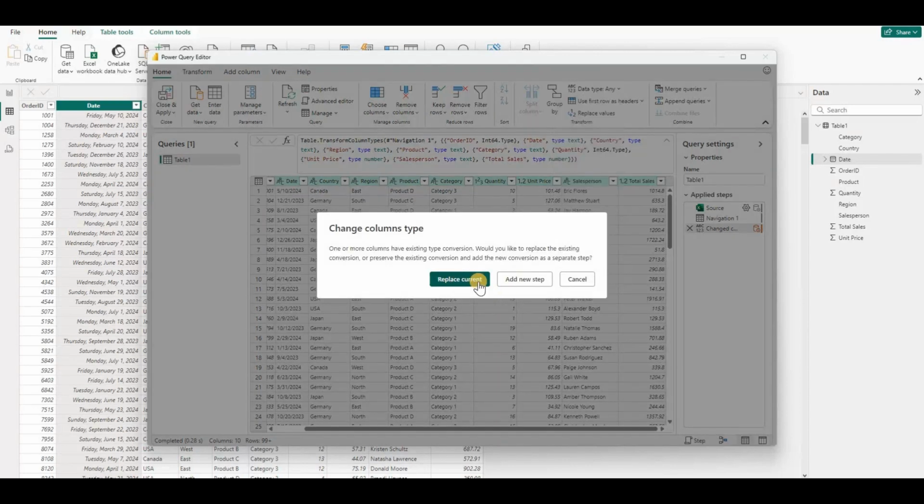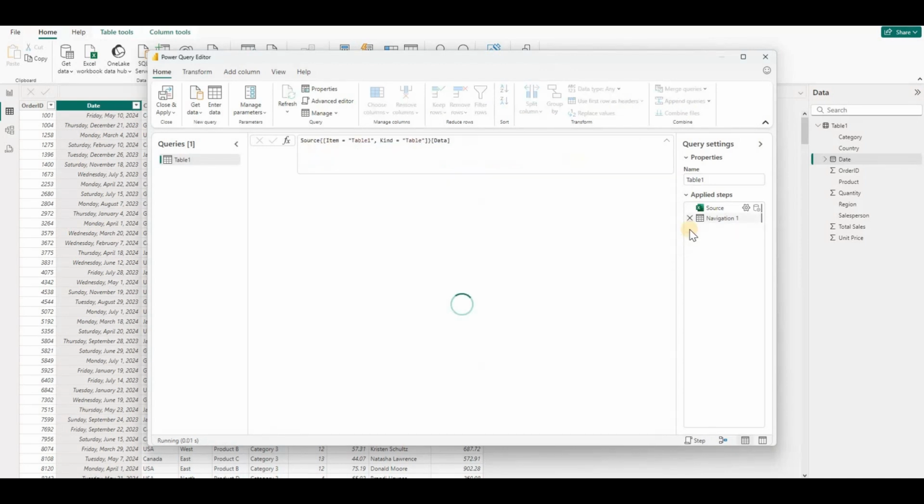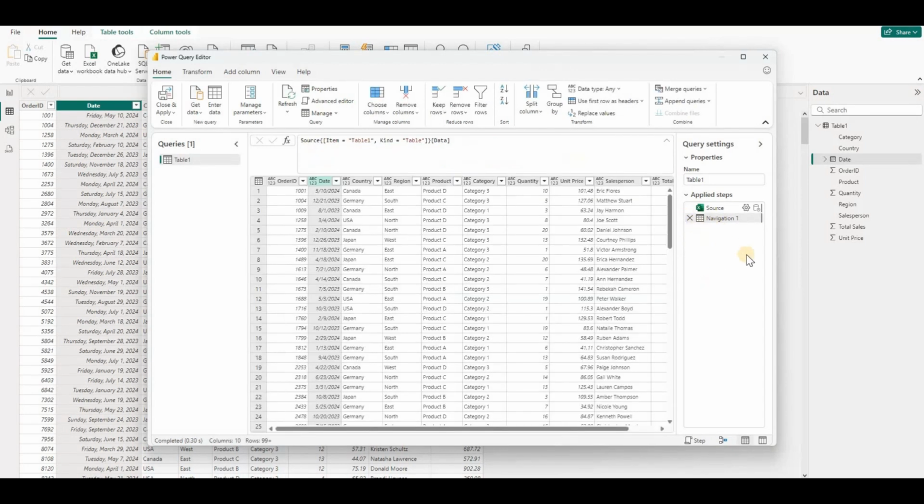So you can replace the current view. I'll say replace. The moment I replace it, the date type has been changed to text. Now if you see in the applied section, it talks about what step has been changed. Now it says change column type. So this is the change that has happened. If I cross on this one, that means the step that I had taken earlier has been removed. So it's just like an undo that you do in any of the